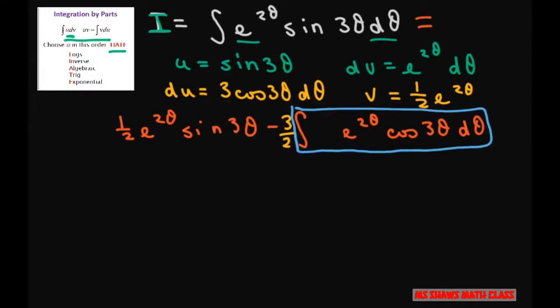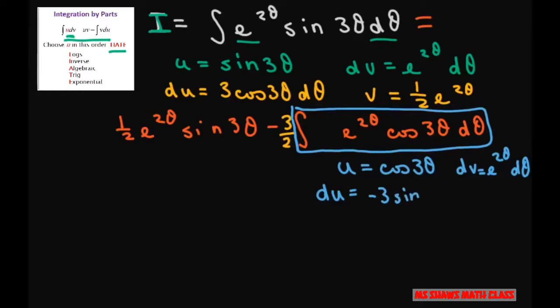So we let big U equal cosine of 3 theta, and dv is everything else, which is e to the 2 theta d theta. And so our derivative of U is going to equal negative 3 sine of 3 theta,